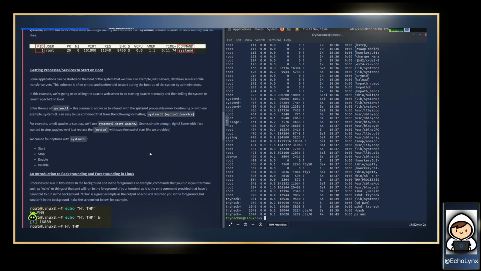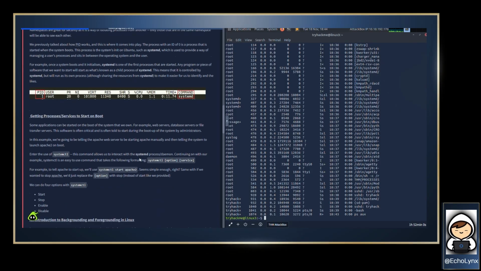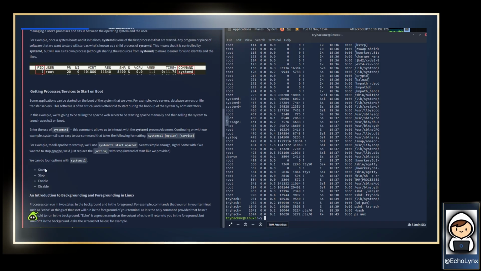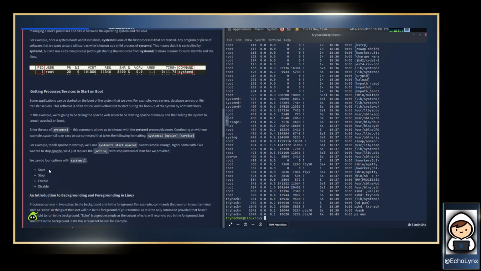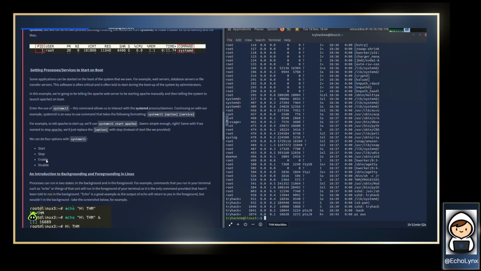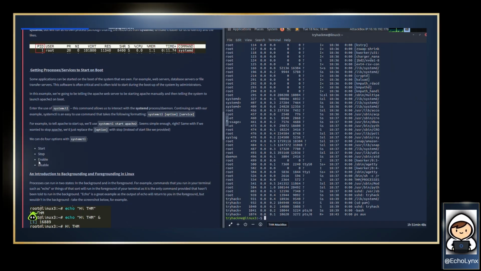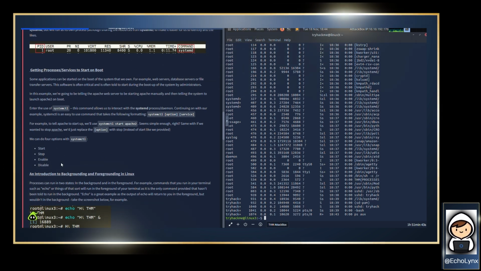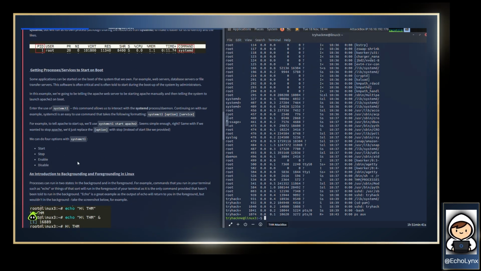Manage services with systemctl. Start and stop act now. Enable and disable control what happens on boot. So you can run systemctl start service name to bring it up immediately, systemctl stop service name to bring it down, systemctl enable service name to have it start at boot, and systemctl disable service name to keep it off at